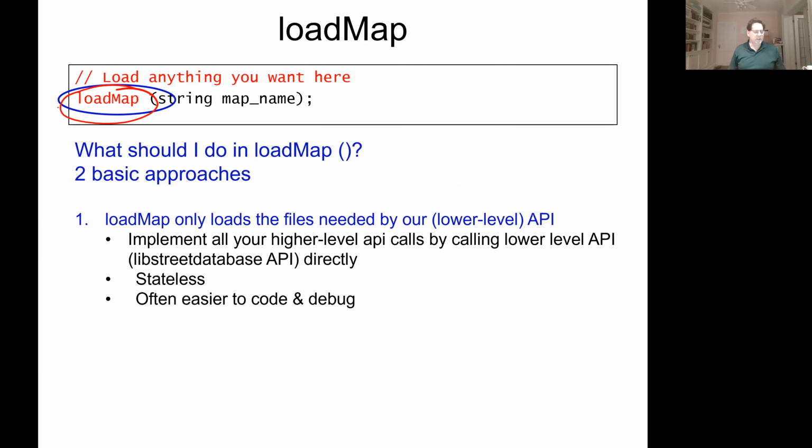But if that's all you did, you just loaded our lower level API and you didn't allocate any data of your own, that's called a stateless interface. You don't make any of your own data. All your functions just call our lower level API and figure out how to interpret the results and formulate an answer. This can be easier to code and debug,